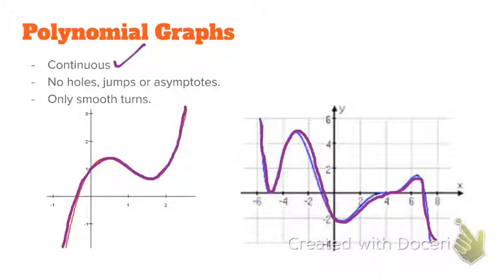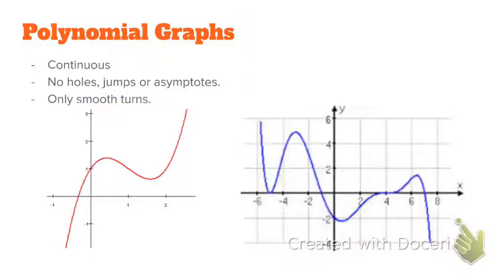So holes, jumps, and asymptotes are examples of discontinuities. Being continuous goes hand in hand with not having any discontinuities, and only smooth turns. These are considered smooth turns, and these smooth curves are really important for calculus. But other functions like absolute values don't have to have smooth